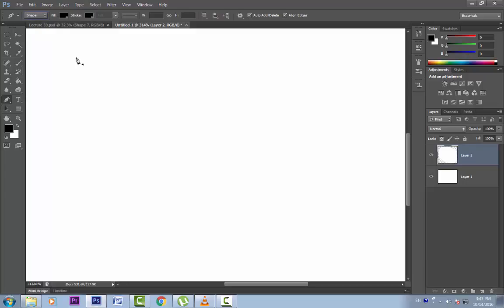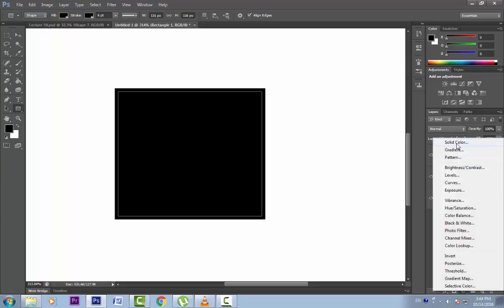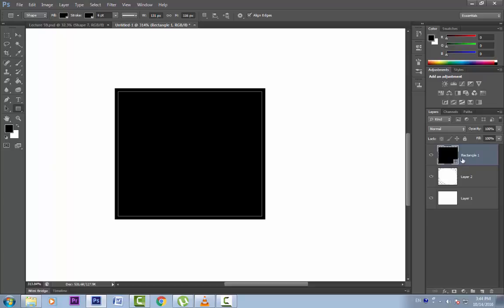Let's talk about creating shapes. Let's draw the rectangle shape. Now it looks a bit different in the layers panel. In the previous lessons, we talked about what fill layers are. We can go to this adjustment layer and create a solid color fill layer or a gradient or a pattern fill. Now the shape layer that we have created is essentially a solid color fill layer filled with our foreground color with a vector mask on it in the shape of a rectangle.